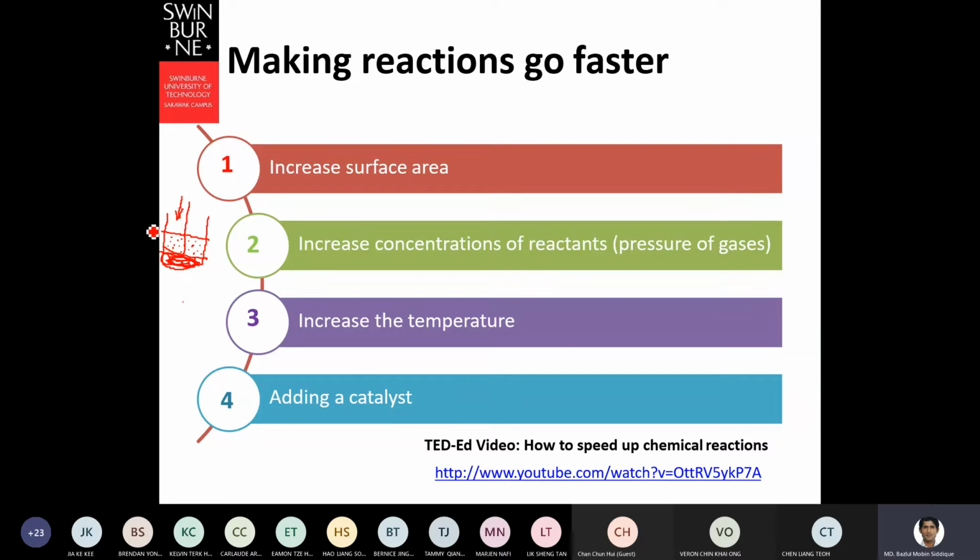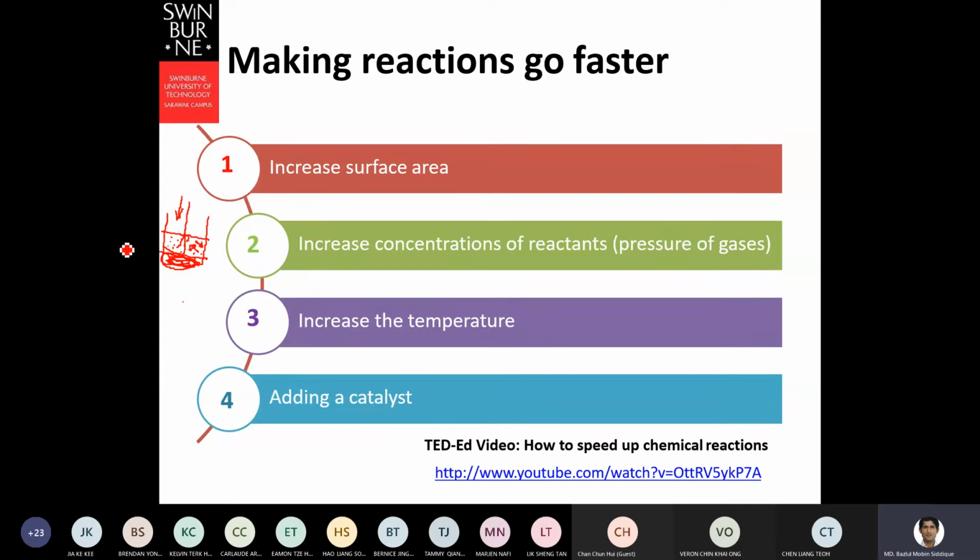The molecules or atoms are moving from here to there and colliding with each other. So if I increase the temperature, they will start moving faster, because when the temperature increases, they start to